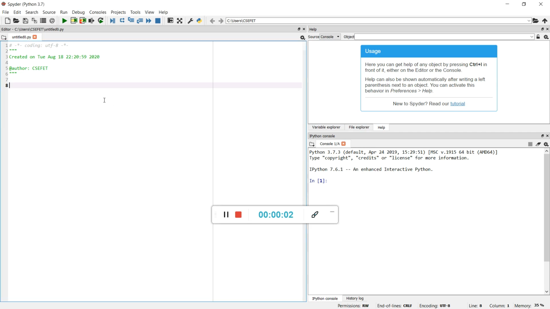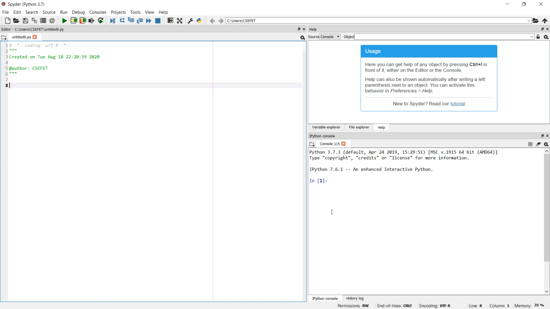Great. Now, this is the second lecture for Python tutorials. Now, to know how we work in Spyder. In the first tutorial, we have already seen how to install Anaconda and how to install Spyder. Now, telling certain points about Python, we all know that Python is an object-oriented language.